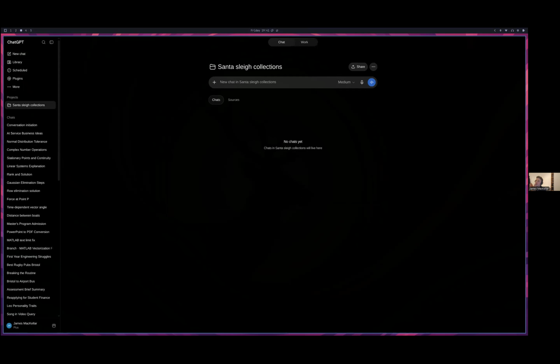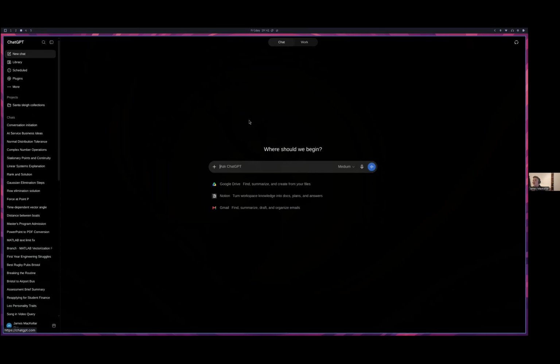Okay, so what's happened? I've been moved from just a regular chat, which was here. If I click back here, this is just what happens when you load up ChatGPT. I'm not in my project at the moment. If I come over to the left-hand side, I've added a project, a new folder. And if I click on that,